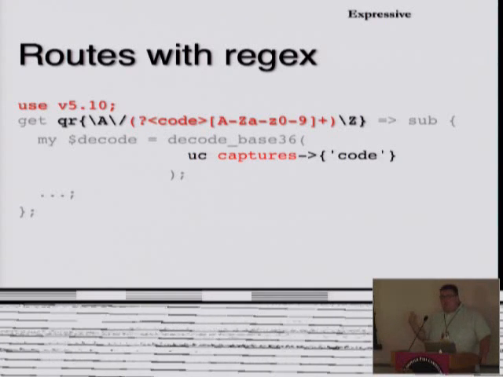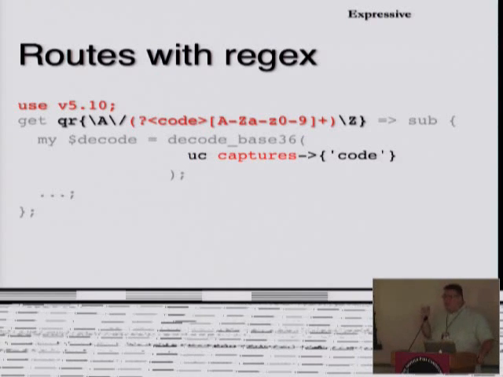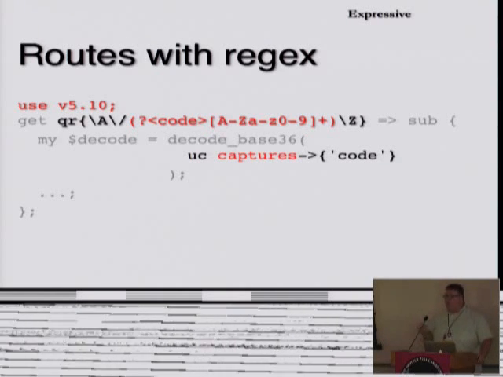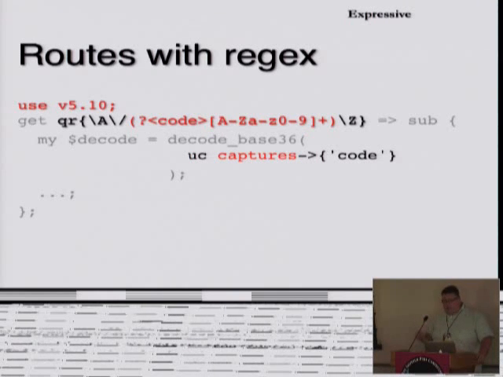So normally, the hash ref that it gets stuffed into is called %+. And I don't know why they chose %+, because I think that's probably the single worst variable name you could have, but that's what it's called. And in Dancer, you can actually just use the much more elegant captures and a dereference. You get back your value. So it's really nice. It's much better reading than if you actually use raw %+.